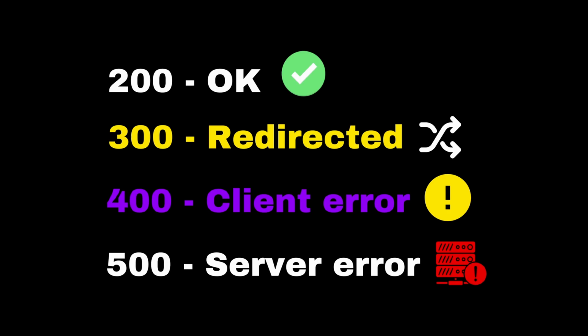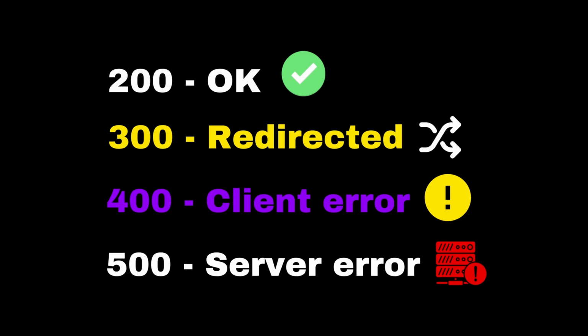So for example, if you try to check a page that does not exist on the server, it will give you the result 404. And then all of the statuses starting with 5, for example 500, mean a server error. So the server encountered a situation that it doesn't know how to handle. For example, the database is not working, or there is some error on the server, the server has been shut down, or there is a timeout, so the request is taking too long to process, and so on. This is about the codes. So just remember, everything that starts with 2 is fine, 3 is redirected, 4 is a client error,